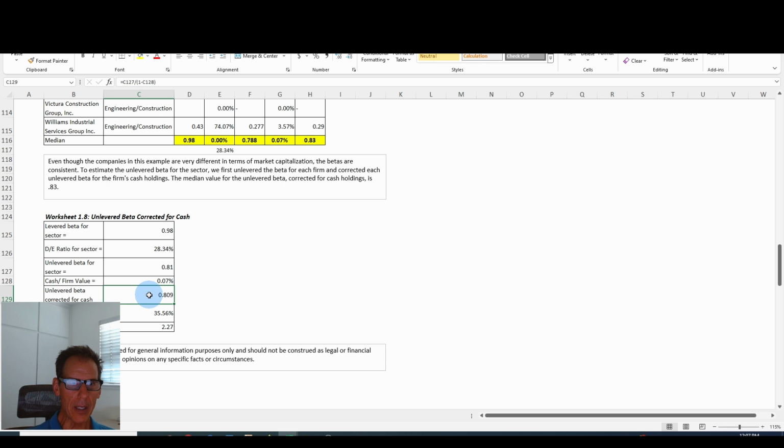Unlevered beta, 8.09. Correlation with market, that's something that's generated in the industry data. And then your total beta is going to be 2.27. C129 divided by correlation with market. So in this example, we're going to